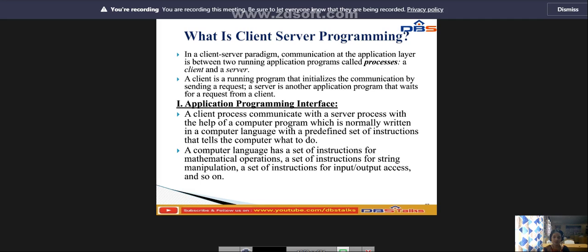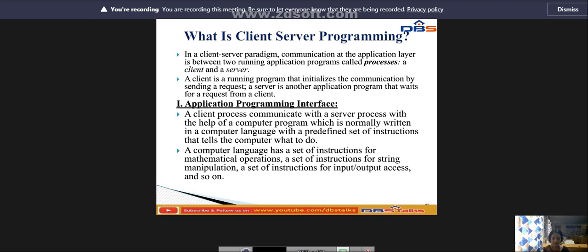If we need a process to be able to communicate with another process, we need a new set of instructions to tell the lowest four layers of the TCP/IP suite to open the connection, send and receive data from the other end, and close the connection. A set of instructions of this kind is normally referred to as an application programming interface.